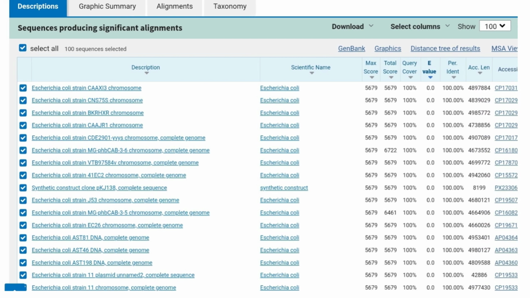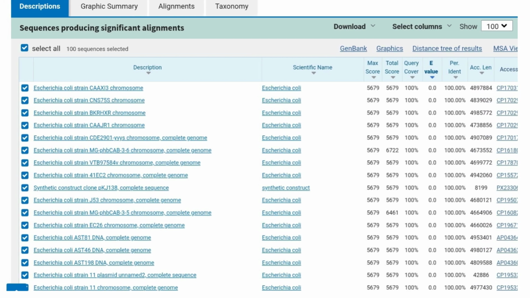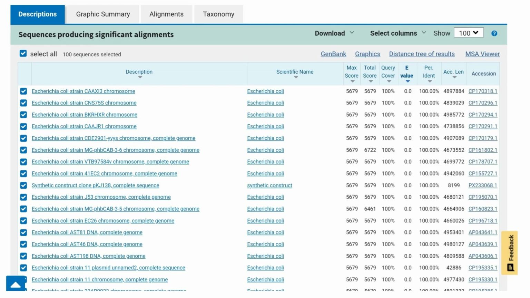Accession length. The accession length refers to the total length of the subject sequence stored in the database. Since most hits are entire chromosomes or complete genomes, the accession lengths are very large, typically several million base pairs. This does not mean the query sequence is that long, rather, it aligns to a specific region within those large genomic sequences. Accession number. The accession column provides a unique identifier for each sequence record in the NCBI database, such as